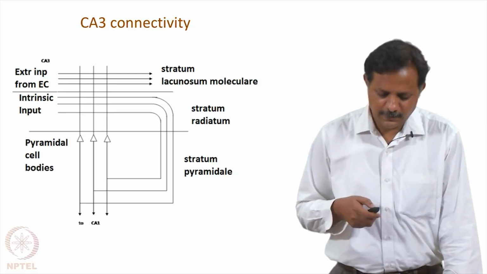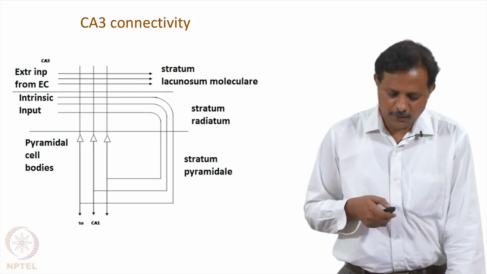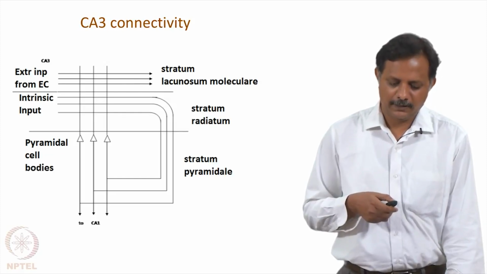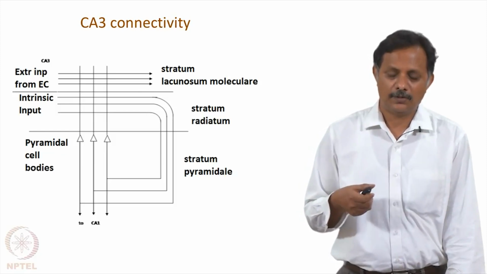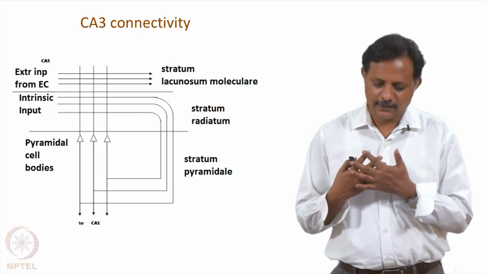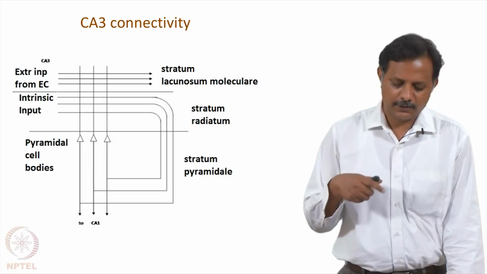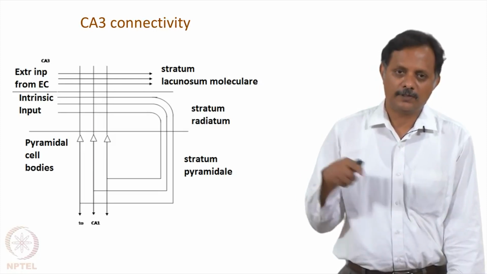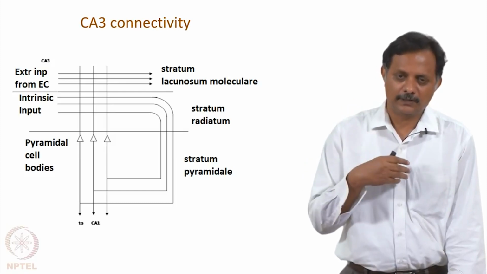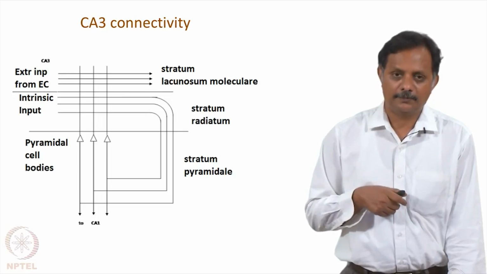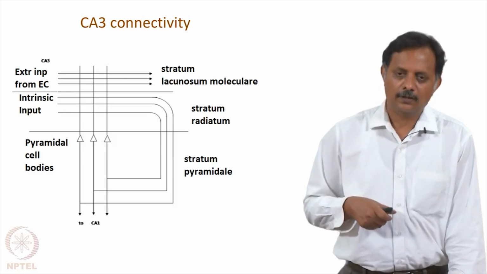If you look at this picture, you can see how these different connections are segregated. You see at the top the external inputs from EC making connections with the dendrites of CA3 pyramidal neurons, and these synapses are located inside the layer stratum lacunosum moleculare, whereas the intrinsic inputs, that is the inputs of the pyramidal neurons among themselves, you see them in this middle layer, forming synapses among themselves, and that layer is called the stratum radiatum. And then the cell bodies of the pyramidal neurons are located in a third layer, which is called the stratum